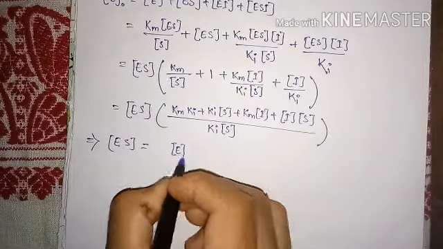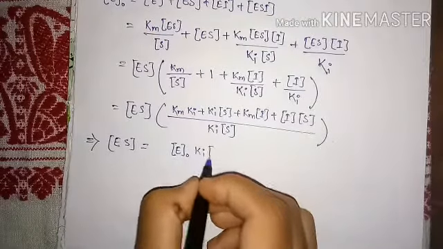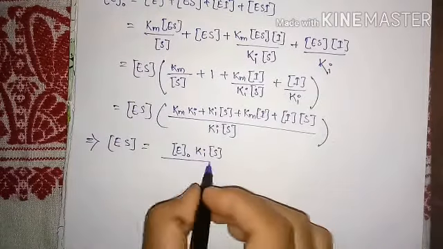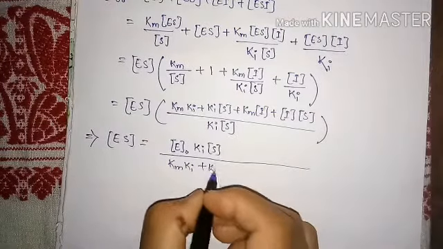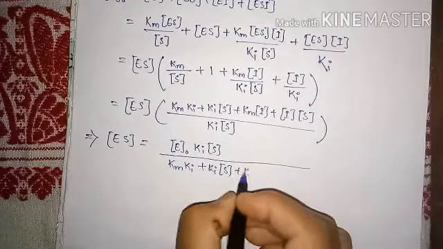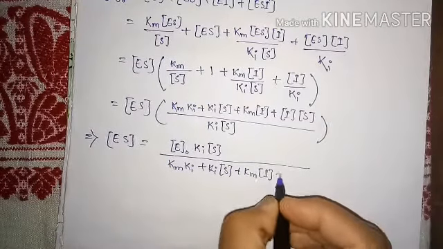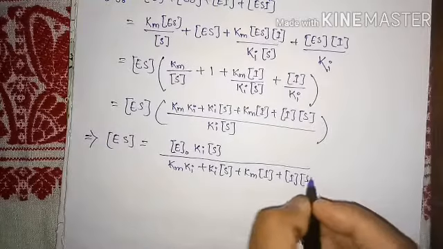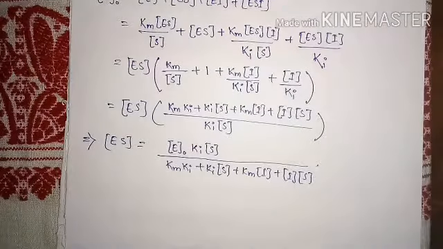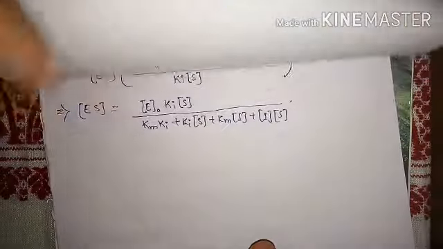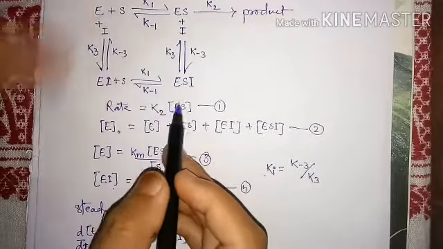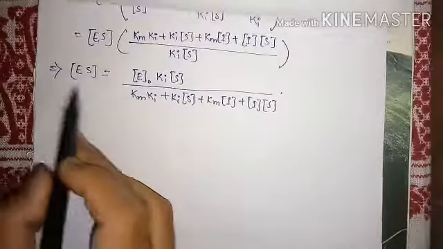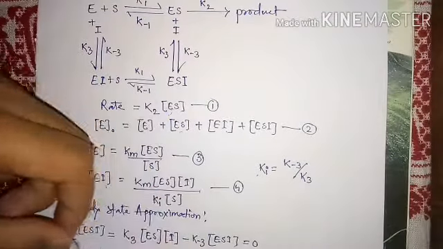E naught Ki concentration of substrate by Km Ki plus Ki concentration of substrate plus Km concentration of I plus concentration of I, concentration of S. And from equation number 1, what we have seen already in equation number 1, the rate is equal to K2 concentration of ES. So the value of this ES will be put in equation number 1. So we are going to get,